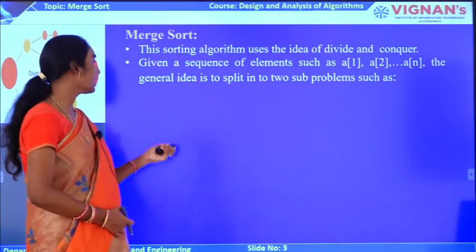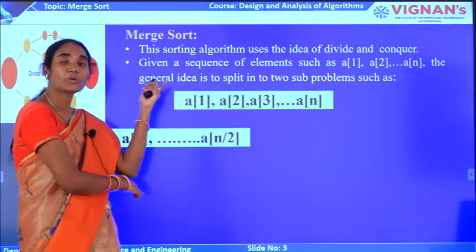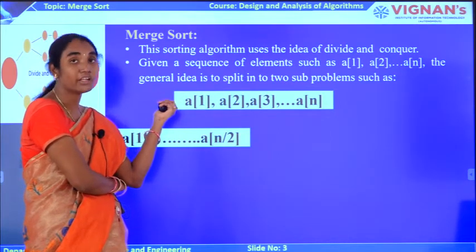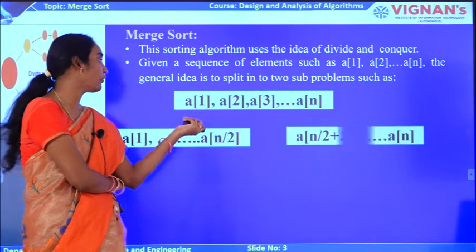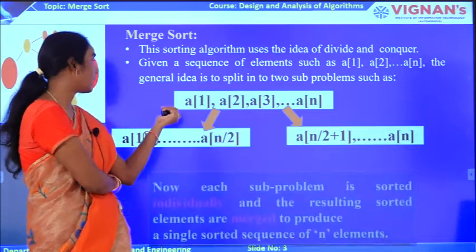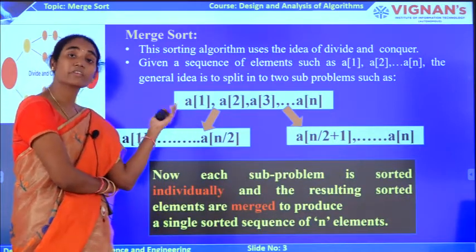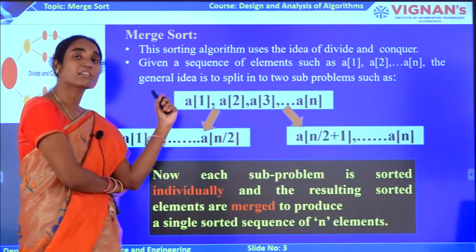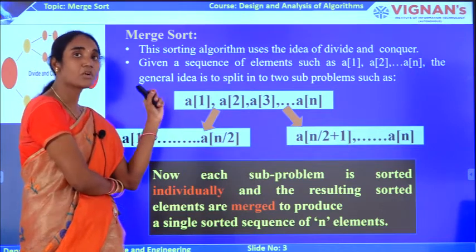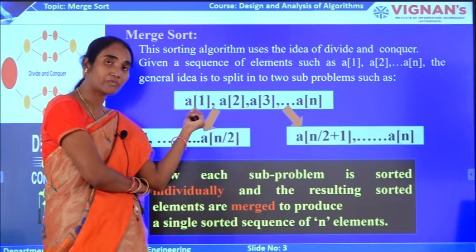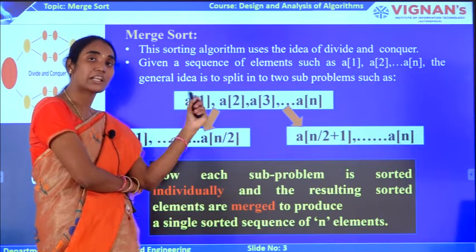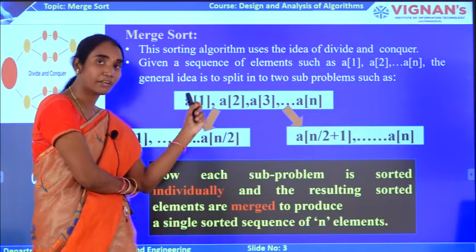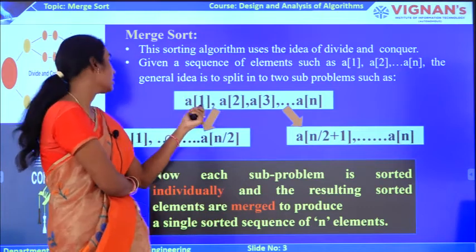Now we will see this graphically. If I have A of 1 to A of n as a list, it will be divided based on the mid position, (n plus 1) by 2. So A of 1 to A of n by 2 is one list and A of n by 2 plus 1 to A of n is another list. Likewise the division happens. We apply this splitting procedure until we have only a single element in the given sublist or subarray. After that, I apply the merge procedure, and internally the sorting will be done. Individually we merge all these subarrays to get the sorted list. Now we will see this in detail.